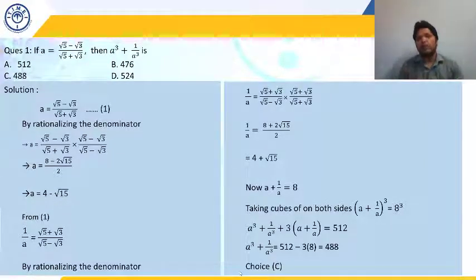So I'm just again explaining what I have done in this question. We have been given the value of a and we need to find out the value of a cube plus 1 by a cube. One method would have been to directly put the value of a, but if we directly put the value of a, it will become very difficult to solve this question. So what we have done, we have taken a, rationalized the denominator of a and got the value of a, and then taken the reciprocal of a, then again rationalizing, we get the value of 1 by a. Adding both, we get the value of a plus 1 by a, and then taking the cube on both sides, because we need to find out the value of a cube plus 1 by a cube, and just plugging in the value of a plus 1 by a, we get the answer as option C. I hope it is clear to everyone.